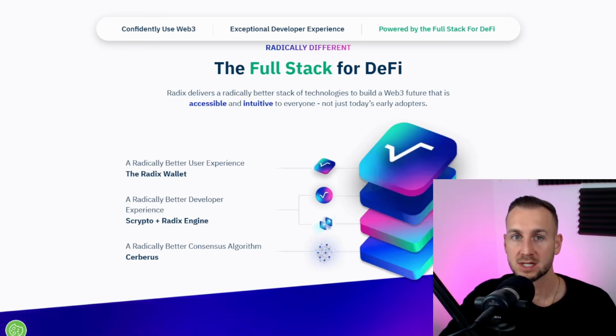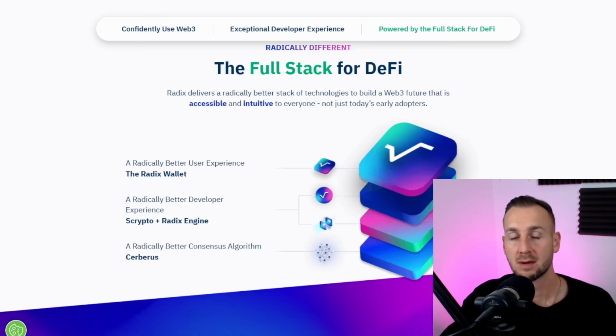So it feels to me that this just needs a catalyst, a spark to get people in. Maybe that comes in the form of incentives, but this is seriously good tech that needs to be shouted about. And I would suggest it's definitely worth